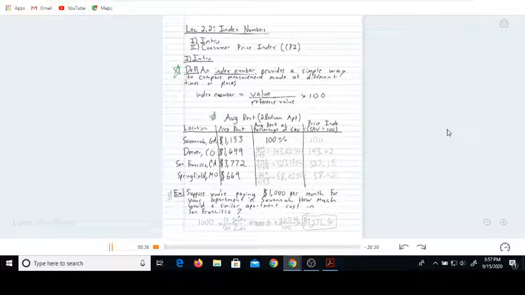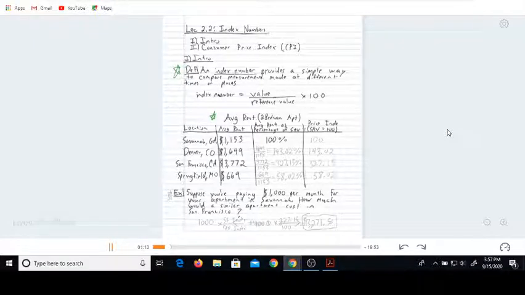So if we look at this table here, we see average rent for a 2-bedroom apartment in 4 different cities. Now, this data is a little bit old. I think I pulled this up about a year ago, but I imagine it's largely the same. Probably hasn't changed too much. But if we look at this data, we see average rent for a 2-bedroom apartment in Savannah is $1,153 per month. In Denver, it's $1,649. San Francisco is $3,772. And in Springfield, Missouri, where I hail from, it's a whopping $669 on average to rent